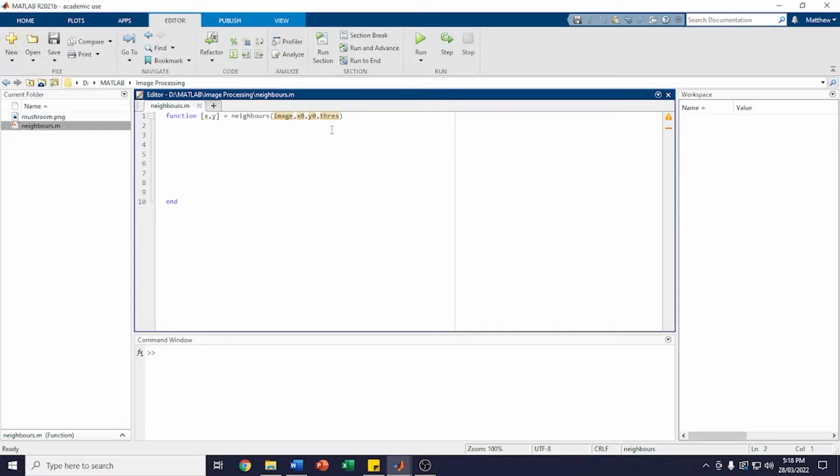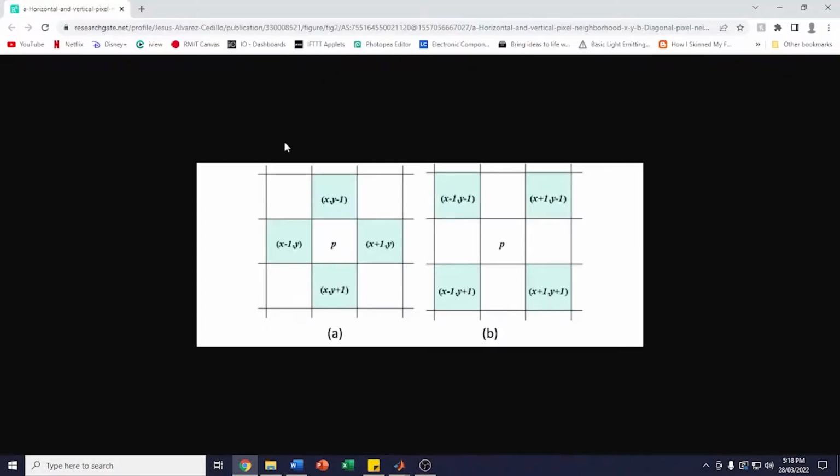Now to start off, we want to define what a neighbour is. Jumping over to this image, we can define what a neighbour is. There are two outcomes of what a neighbour can be. We can use 4 neighbours or 8 neighbours. Now 4 neighbours is if we have a pixel P. The 4 neighbours are the 4 cardinal directions: up, down, left, and right. Now we can have 8 neighbours, which also incorporates these 4 corners. So as well as these 4 here, it has the 4 corners,